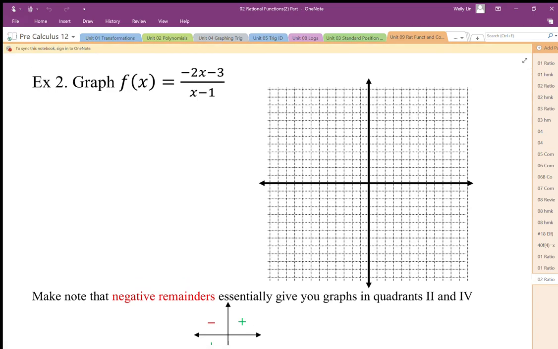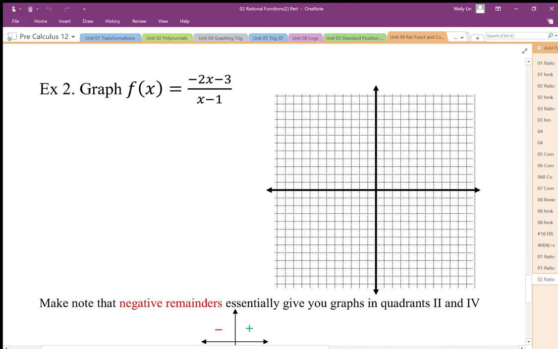I want to reiterate that this strategy is an alternative to using the zeros, the y-intercept, and the denominator for the restriction. This is an alternative to that, and it is putting it into the transformation form. So we'll do, again, the transformation form. To do that, we're going to divide these two expressions. So x minus 1 into